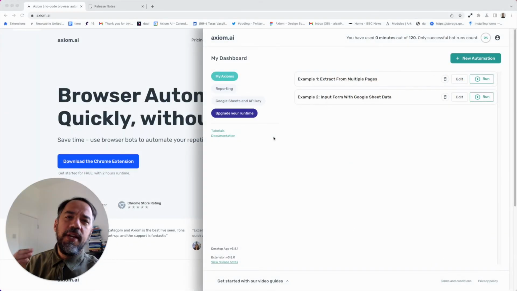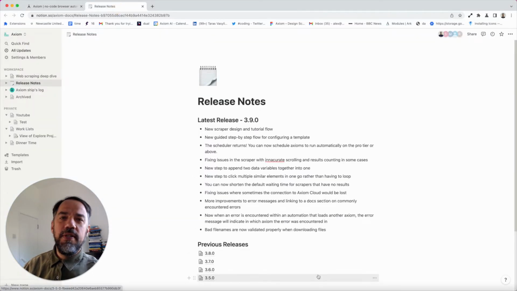Hi, I'm going to take you through and show you all the new stuff. Before I do that, I'm going to be referring back to my release notes because I don't want to forget anything. And in fact, I already did. I forgot to mention the brand new scheduler that we've added into Axiom. It's available from Pro tier upwards. I'll show you that shortly, but let's start at the top of the list